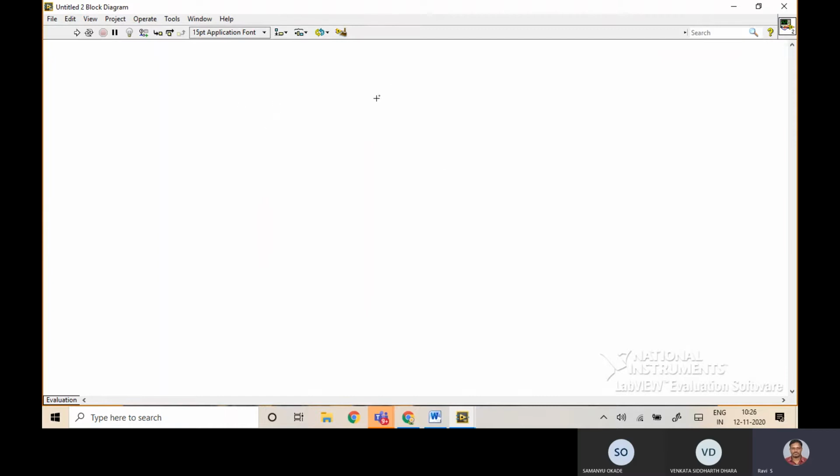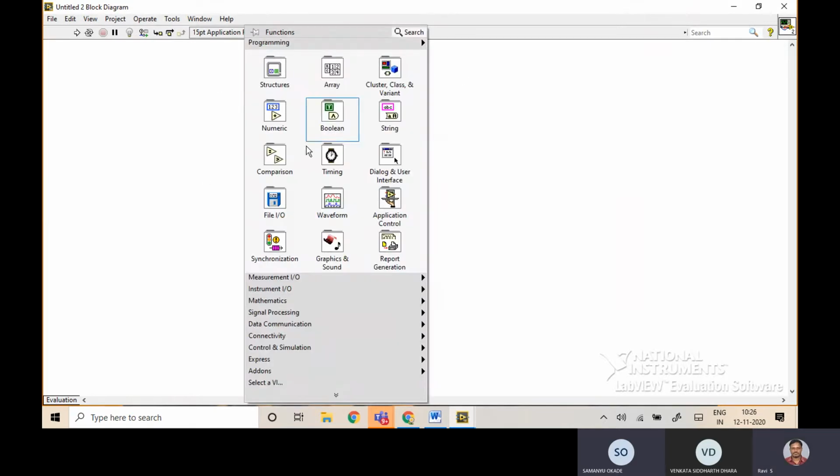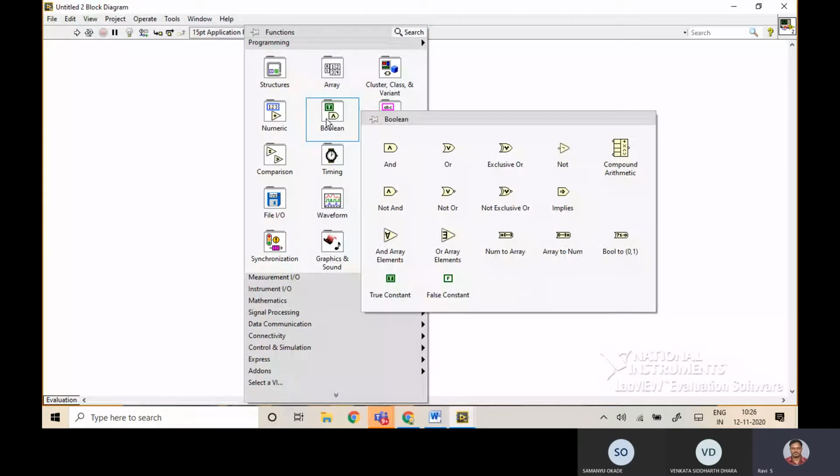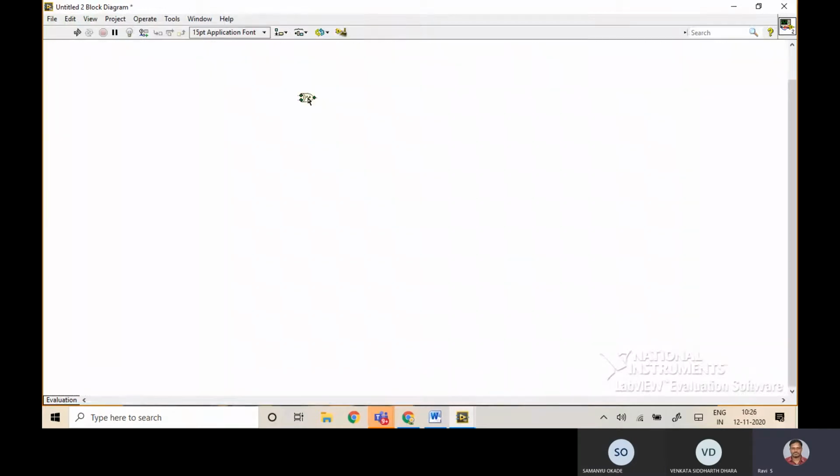So tell me what is the circuit you want. You tell me any one combinational circuit, so that I can construct and verify. A full subtractor. Okay. So for the full subtractor, we need two exclusive OR gates for generating the difference, correct? So I'm placing two exclusive OR gates.